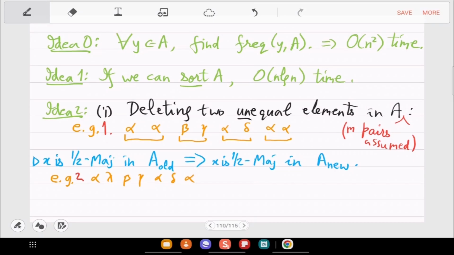Like if you drop beta, gamma, and alpha, delta in example 1, then you have 2 pairs. In every pair, you have a repetition. So naturally, you should just club the 2 into 1. So the first pair, you should see only 1 alpha, club the 2, and in the second pair, you may have alpha prime, club the 2, call it alpha prime. So the elements are halved